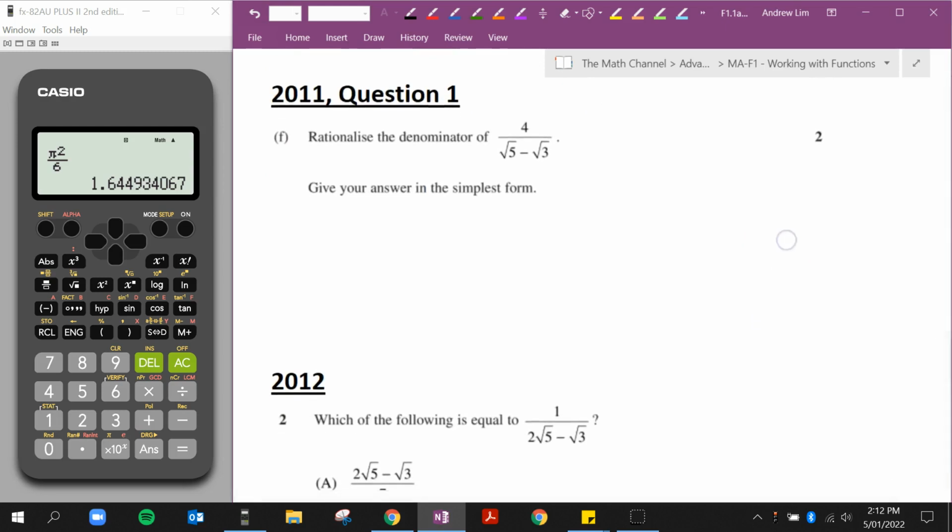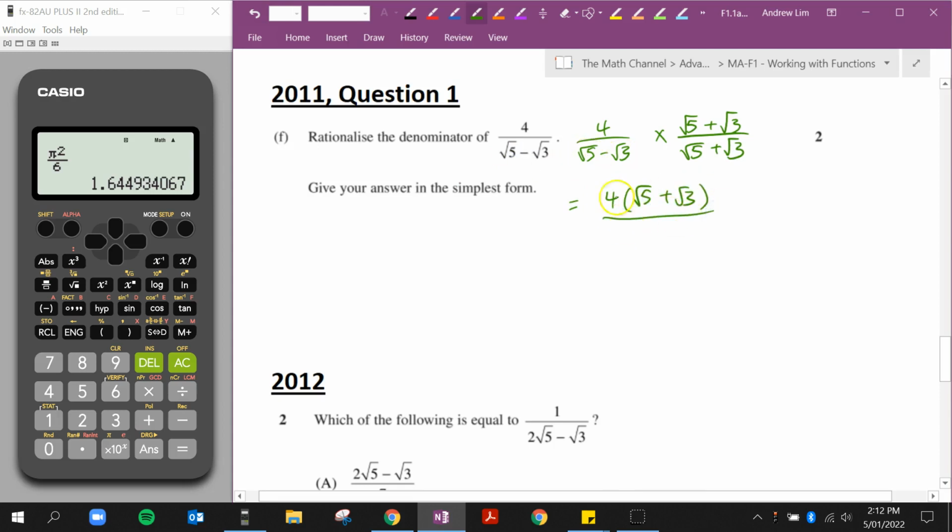Alright, question 1f of the 2011 paper. Rationalize the denominator of this fraction. So we have got 4 over root 5 minus root 3. Going to multiply it by the conjugate, root 5 plus root 3. So we've got 4 lots of that